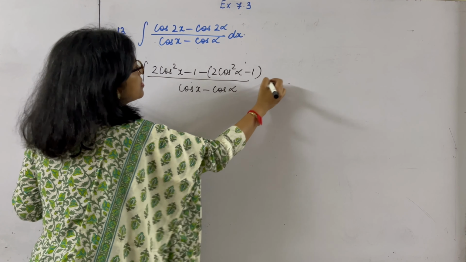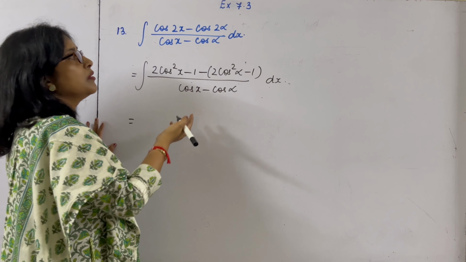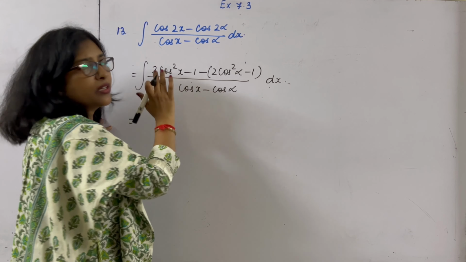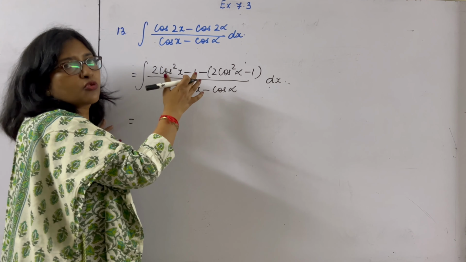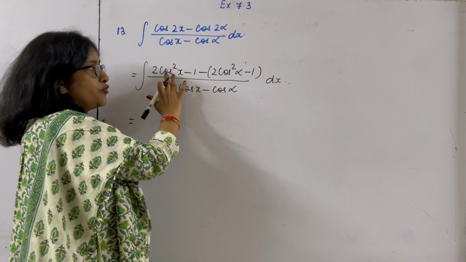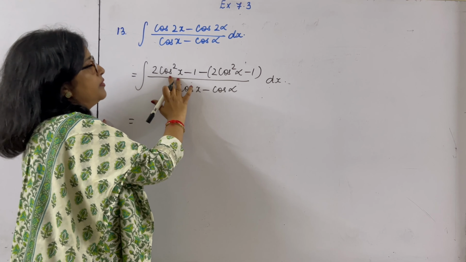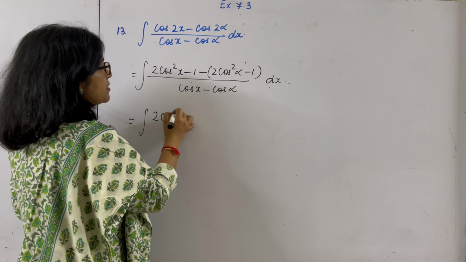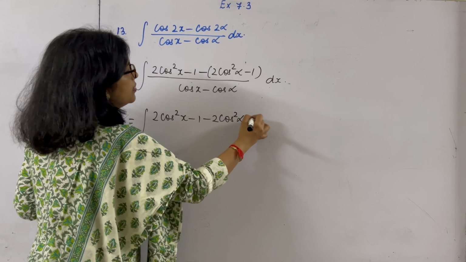So for cos 2x, you need to think which formula to apply depending on what else is there in the question. Like in this question only cos is there, so we will not apply cos square x minus sin square x or 1 minus 2 sin square x. We will apply the formula of cos 2 theta in terms of cos. Okay. So now this is 2 cos square x minus 1 minus 2 cos square alpha,